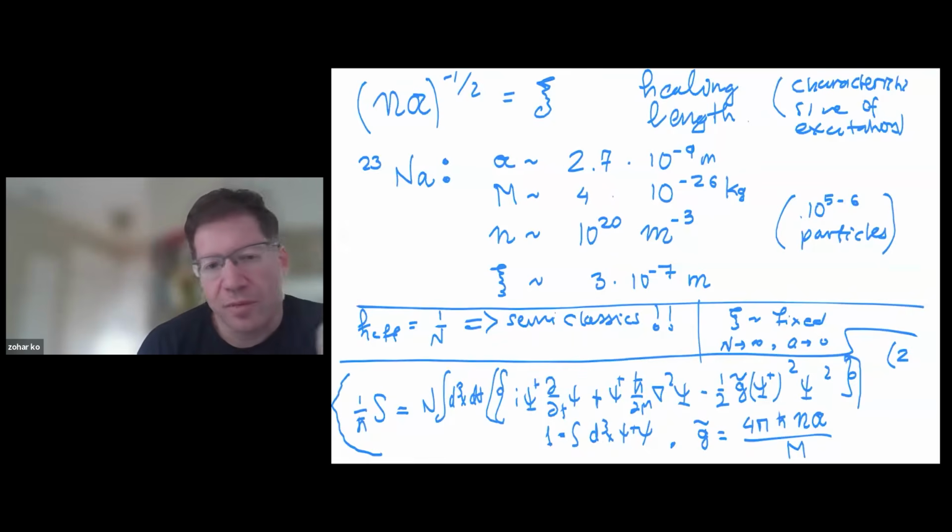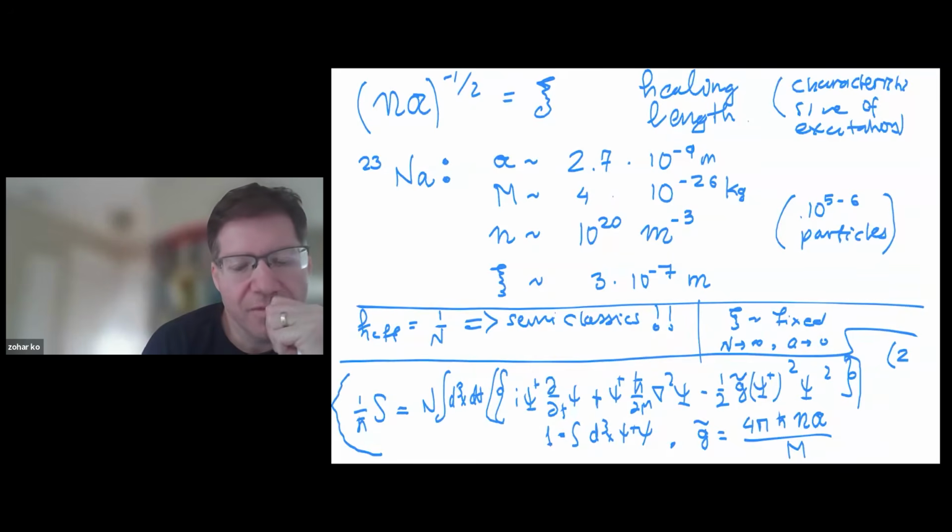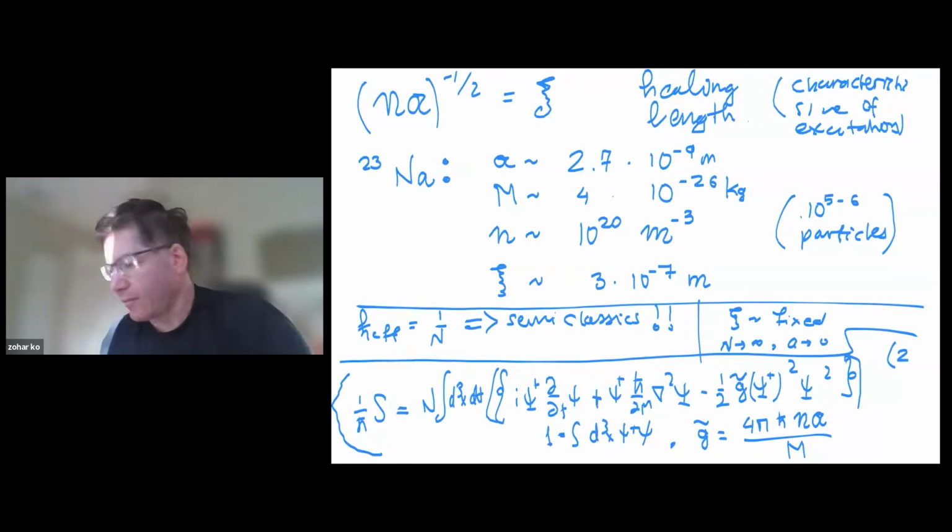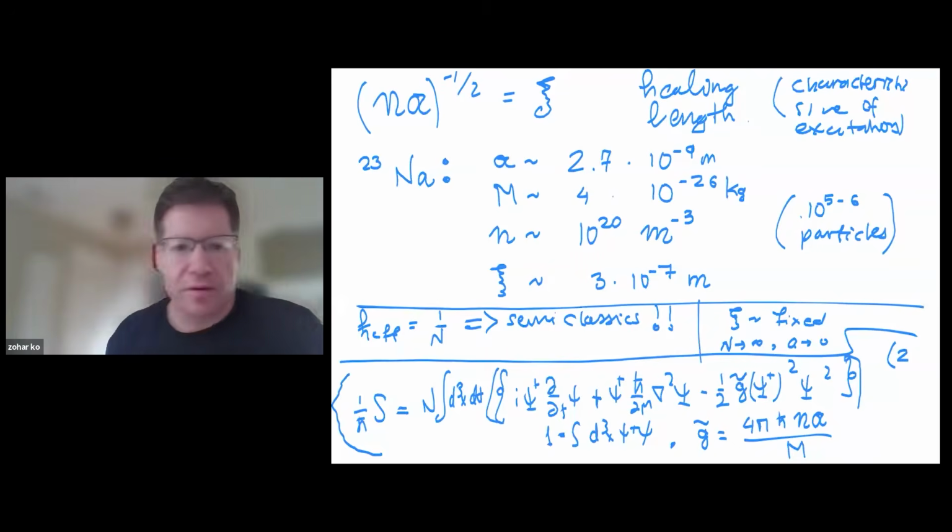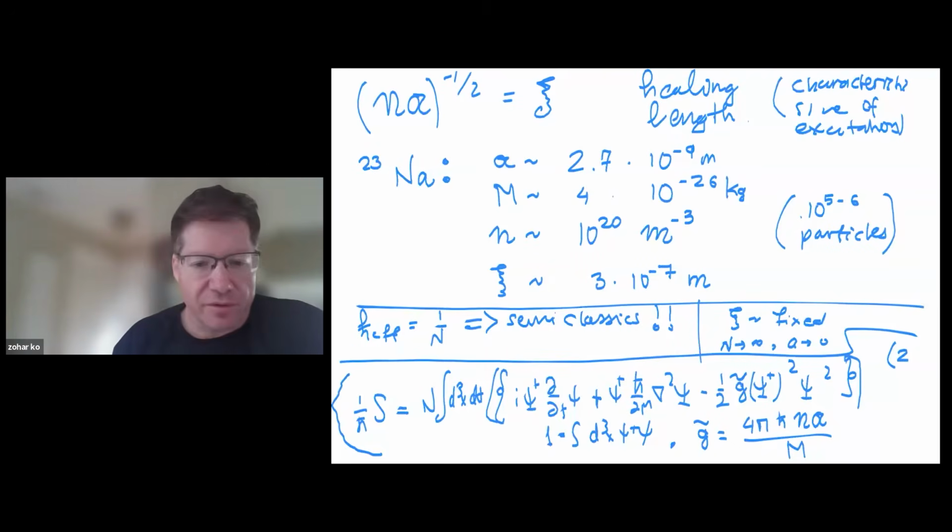Because indeed, in the sodium atom, maybe the healing length is not large compared to the size of the bucket, et cetera. So it should make sense. Okay, so is the logic clear? This may be the most confusing point about this field, that you have to think about a sequence of atoms which fall into a double scaling limit. And then you can use semi-classical techniques. Are there any questions about this? Okay, good. So now we will look for our first semi-classical solution.